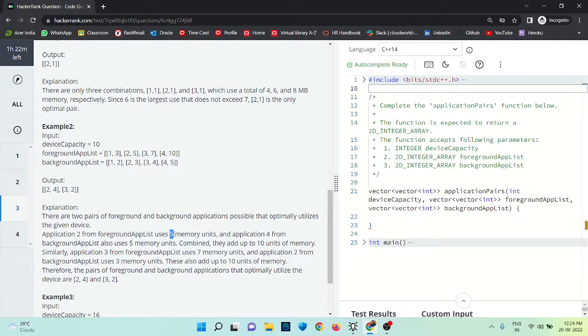And application 4 from background applist also uses 5 memory units. Combined they add up to 10 of memory. Similarly, application 3 from foreground,